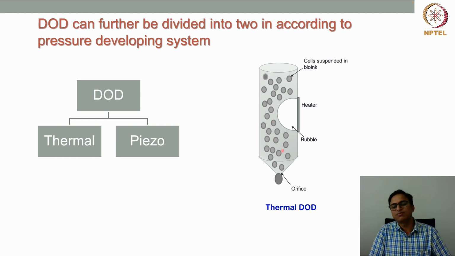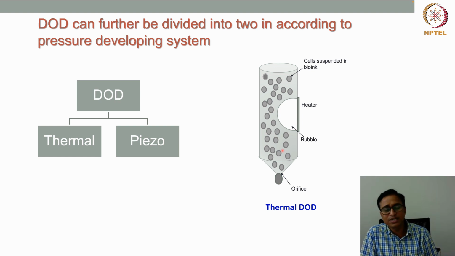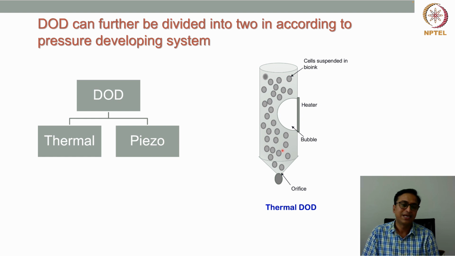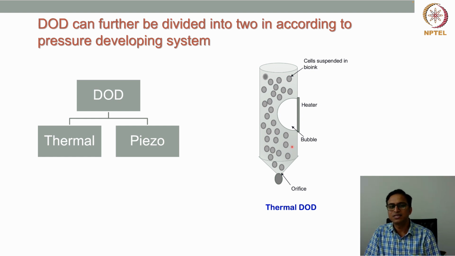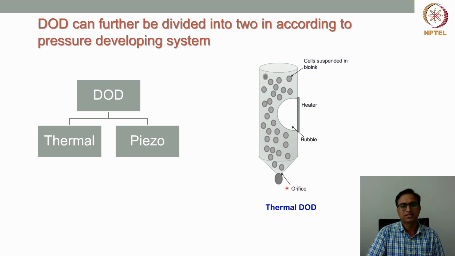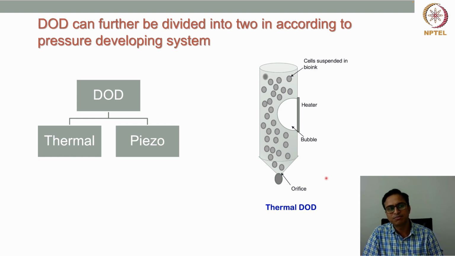And there are studies where it was found that the cell viability is more than 90%, or even more than 95% of cells are viable, using this printing technology. So this was very well used for printing cells. And for the thermal DOD printer, the orifice or nozzle diameter is somewhere around 50 micron. So droplets of any size, anywhere between 30 to 80 micron, can be very well produced with this printing technology. But because of this very tiny, very fine orifice size, like 50 micron, there can be